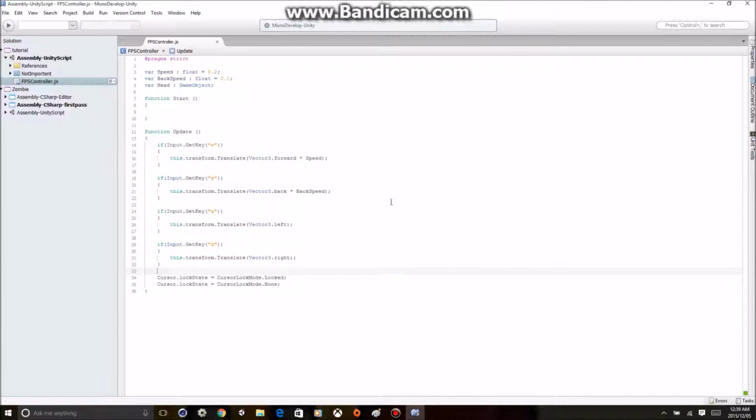And why we do that is that there's a small gap of milliseconds before the cursor is relocked. So when we move our cursor, there's a little gap between the two, and Unity detects the distance between these two, and we can set the distance detected to